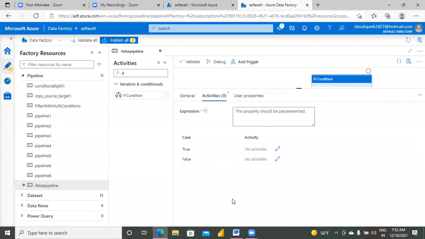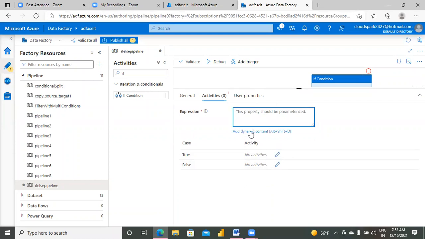If you look at our last example, we applied two separate filters. One filter is for file names that start with A, and another is for those that do not start with A. Instead of two separate filters, plan one condition in the true activity. If that given condition is false, the false activity will automatically be executed.